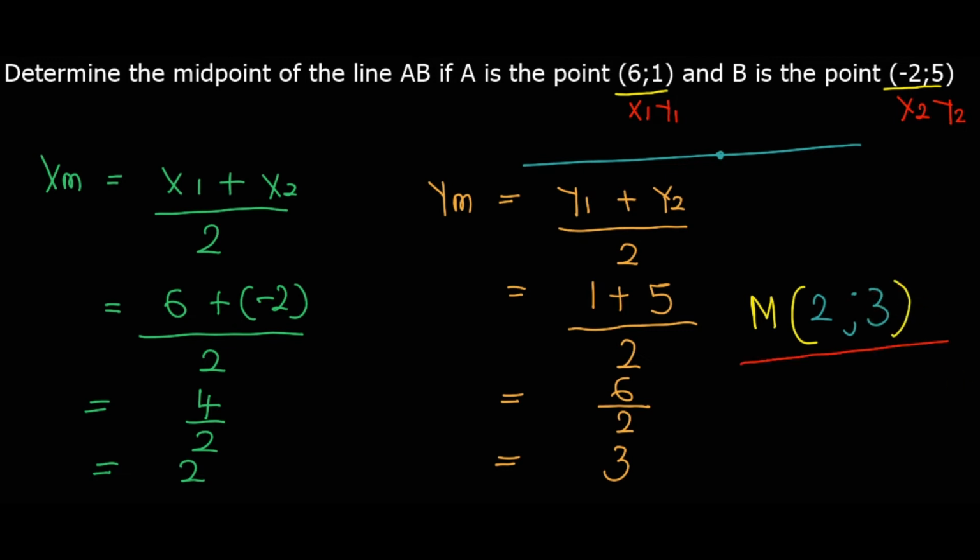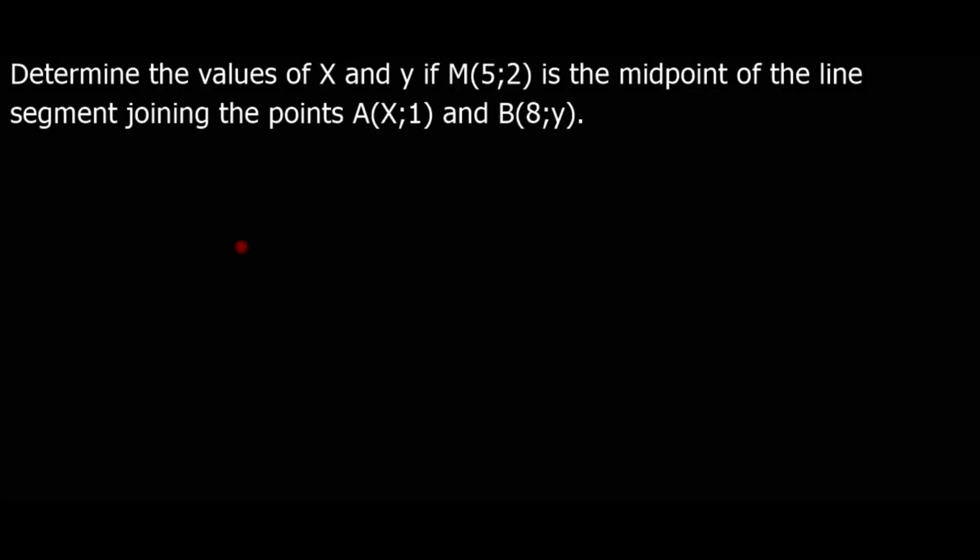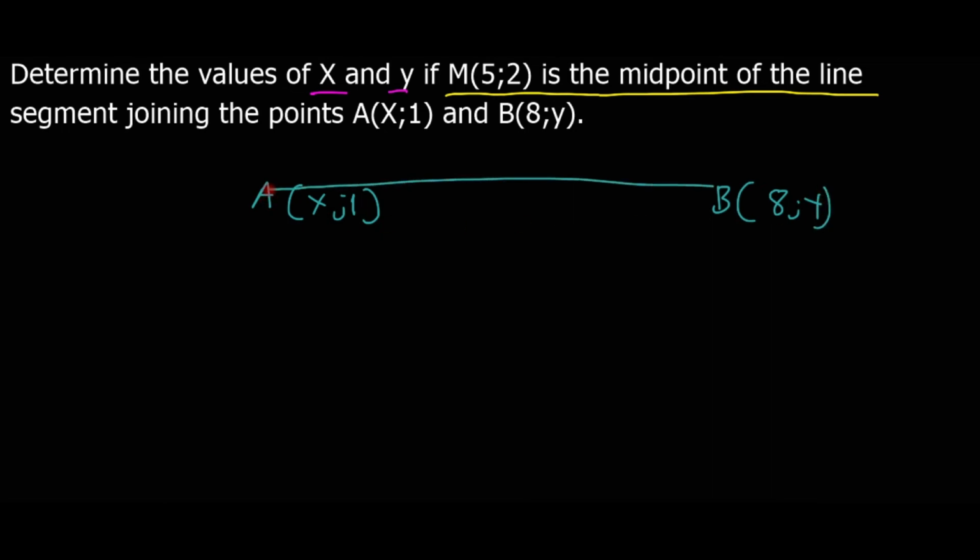Let's look at our next example, and this one we determine the values of x and y if (5, 2) is the midpoint of the line segment joining the points A and B. This time they give us the midpoint. We have this situation: they give point A as x and 1, and then they give point B as 8 and y. So they give us the midpoint, which is the point (5, 2),